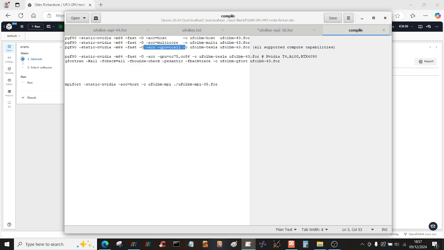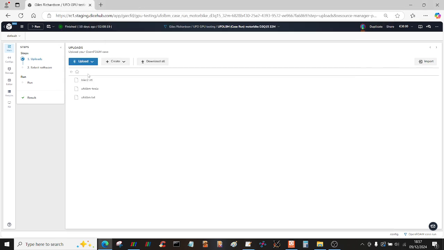And so previously I had to specify which CC I wanted for a particular GPU. Then I realized that I can do CC all, which compiles it for all GPUs. So that executable is for GPUs only. So that's the one that I upload onto the platform. So that's my executable, that's the STL, that's the input file. And then